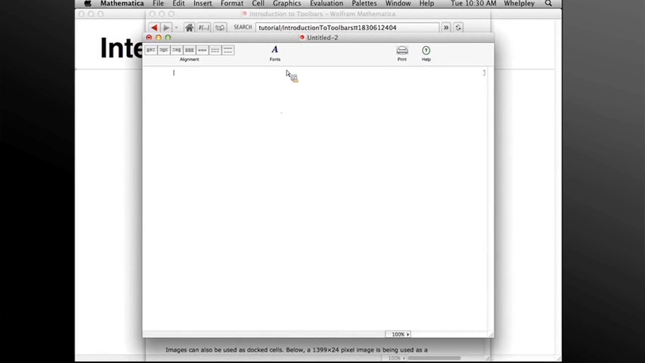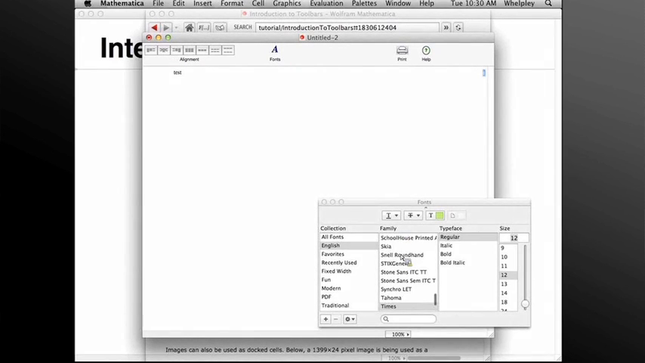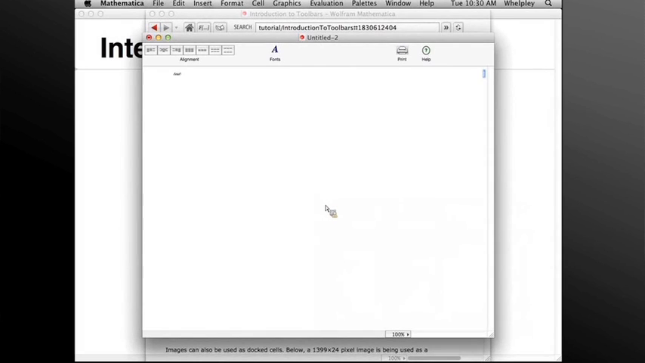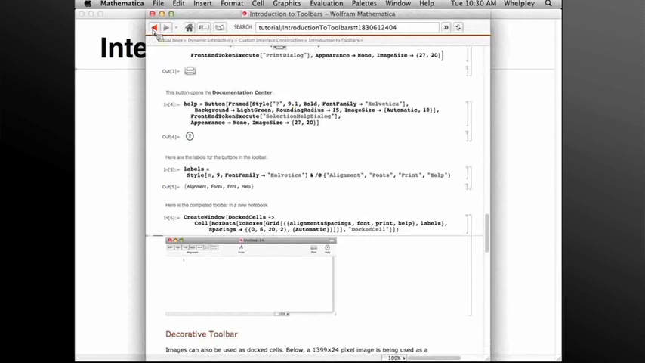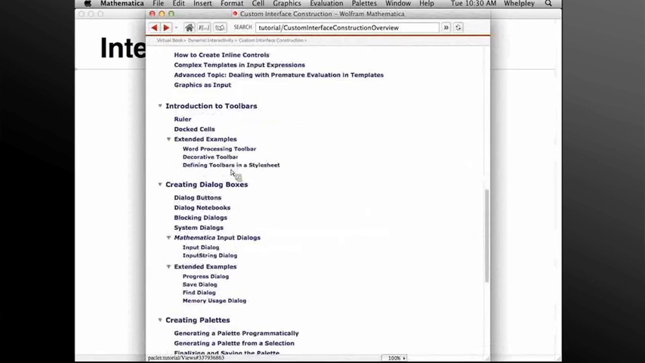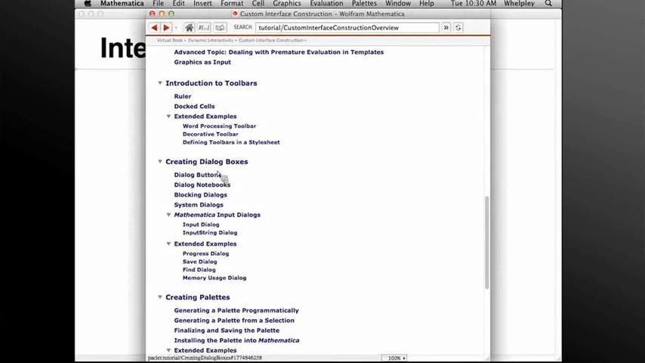So I can start entering text. I'm pretty sure these are functional as well as pretty as they are. And there we go. So those are toolbar examples, and as I showed you already, there are also examples on creating dialog boxes, all the